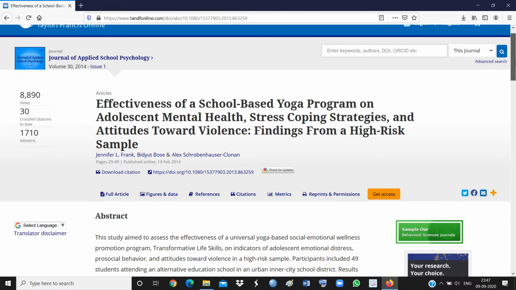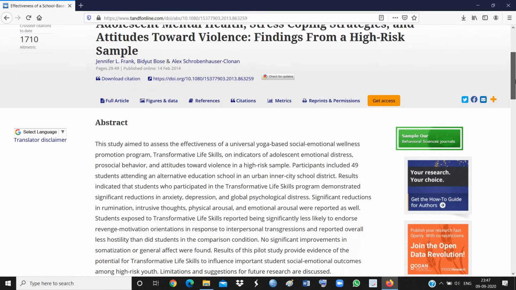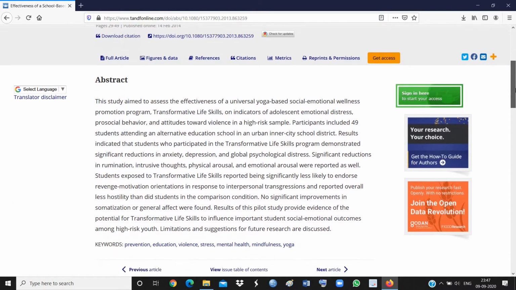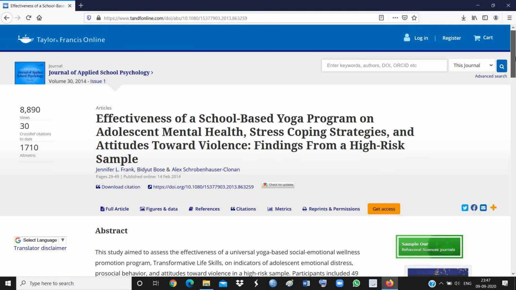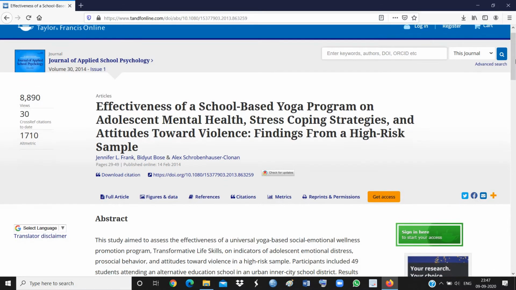We generally do not have open access, and we cannot access that. So you have to click on get access, and for that you have to pay. If you feel that this particular research article is very important and would play a vital role in your own research, but you are unable to download it, how can you download it? There is a way.